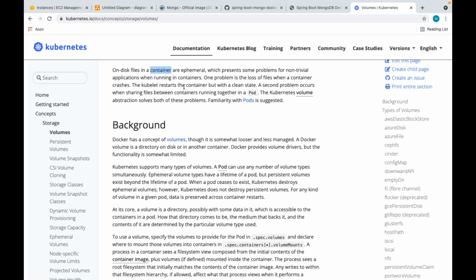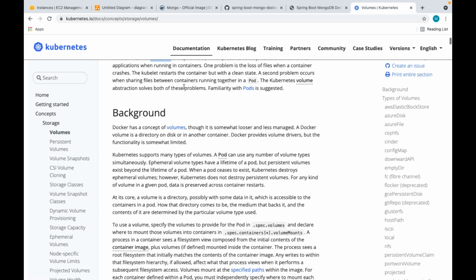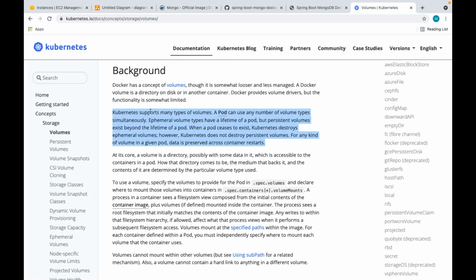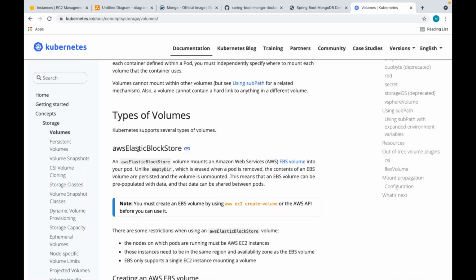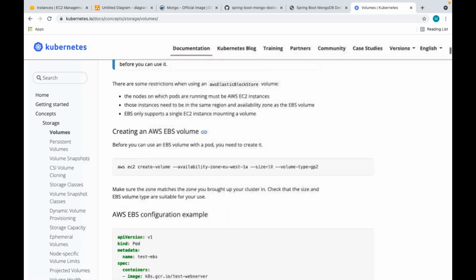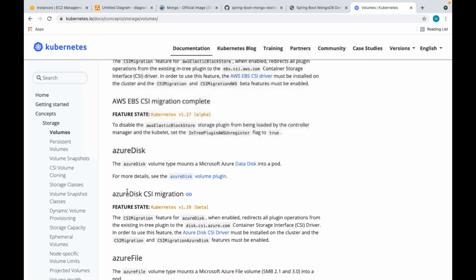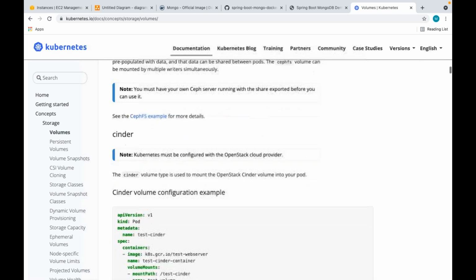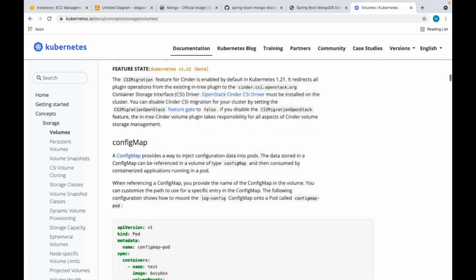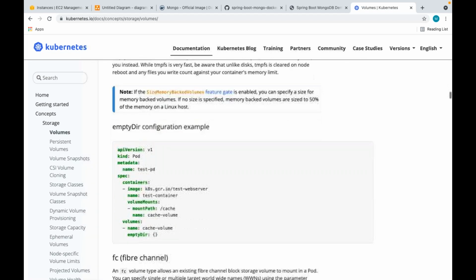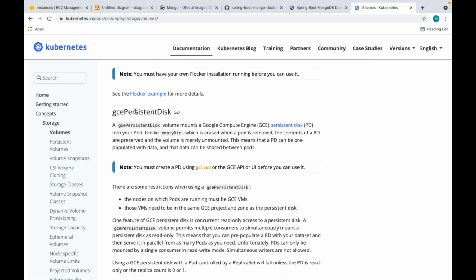If the containers are gone, the data is gone. So Docker has a concept of volume. Similarly, Kubernetes supports many types of volumes. So we have EBS, Elastic Block Store. We have Azure disk, Azure file, like this. We have config map as a volume. We have emptyDir. We have Google Persistent Disk, GCP.